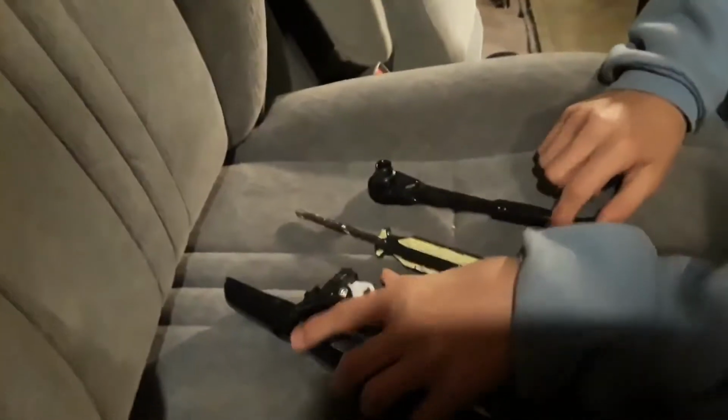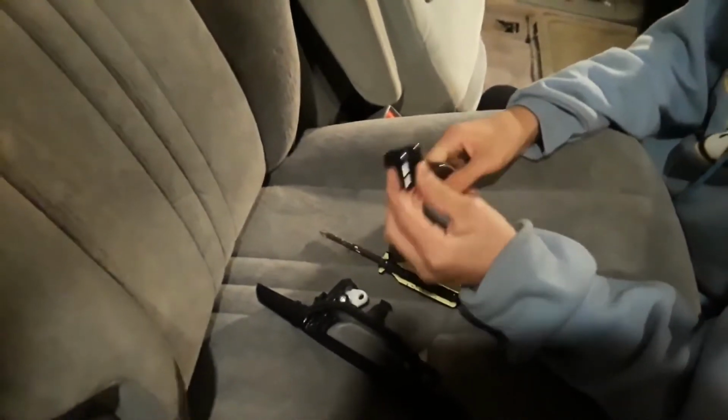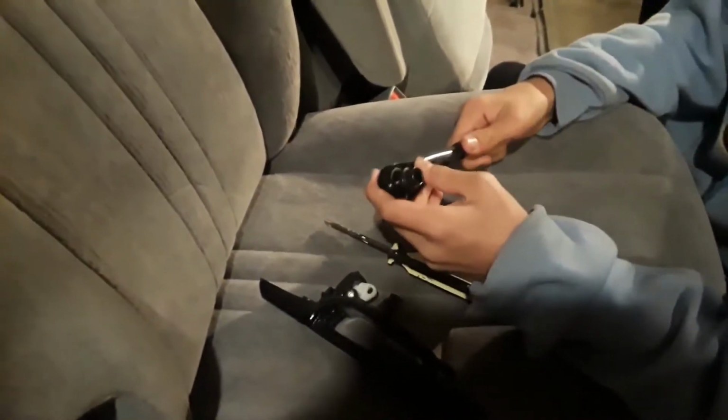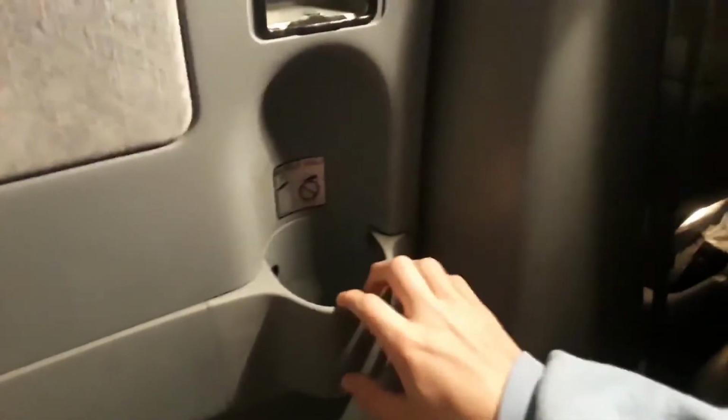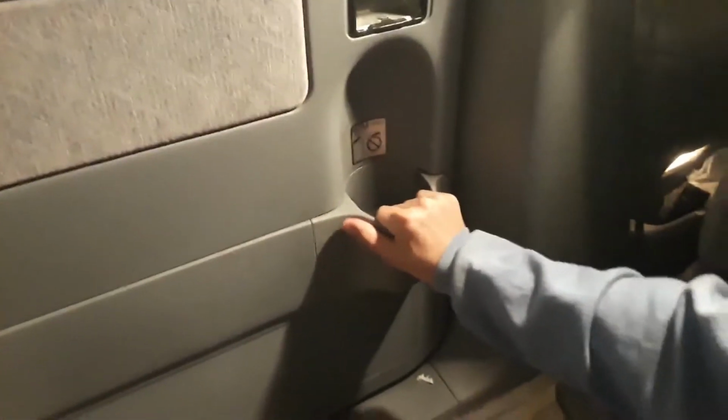Replace the car door handle of a 1998 Toyota Sienna, and you need a Phillips head screwdriver and a 10mm socket head. First, you're going to want to pull out this cup handle to get this screw right here. So you're just going to want to pull it really hard. Okay, these push into the top, and then you push it back into the bottom. So after we do that,